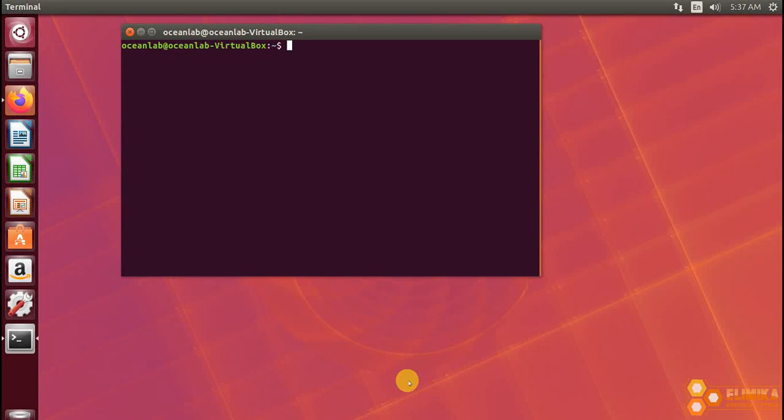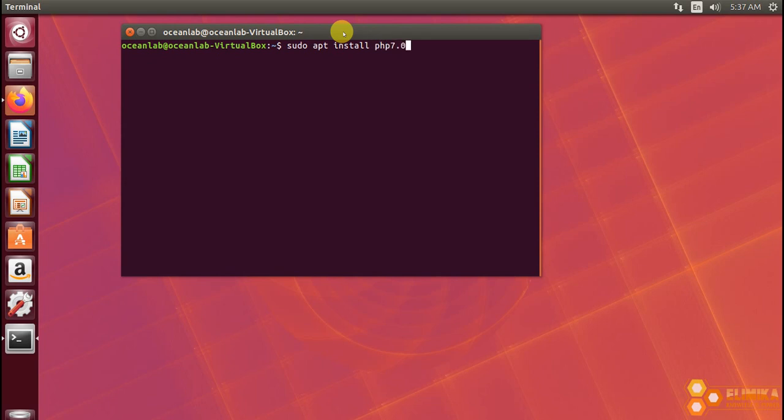In this part 2 series of do-it-yourself home web server in Ubuntu desktop, we are going to learn how to install and configure PHP so that our Apache can be able to handle or to execute our PHP scripts. So we are going to accomplish this using the terminal. Make sure your terminal is open and you will type sudo apt install PHP